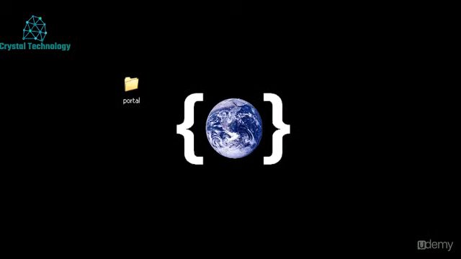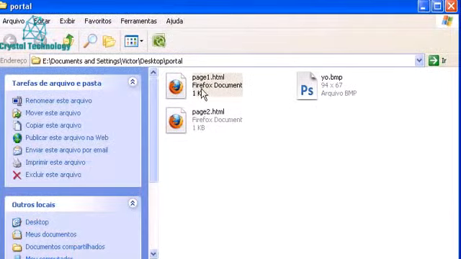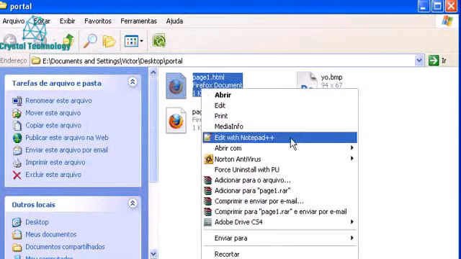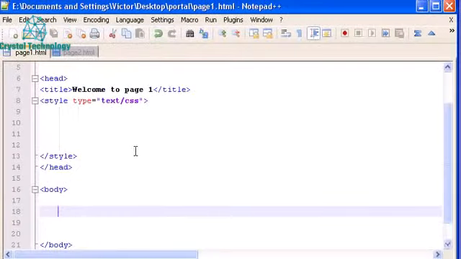In this video I will show you how to use classes and IDs. Okay, so let's go to Portal and open page1.html with our friend Notepad++. Just delete all the code that you have from the last video, and inside the body section let's type two